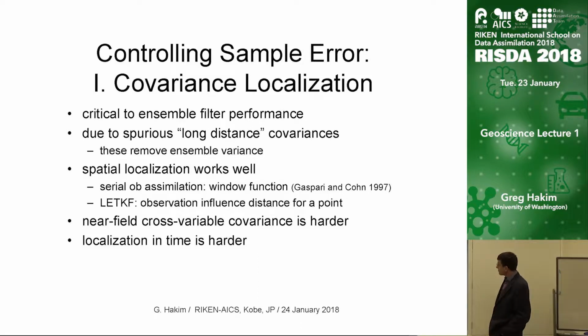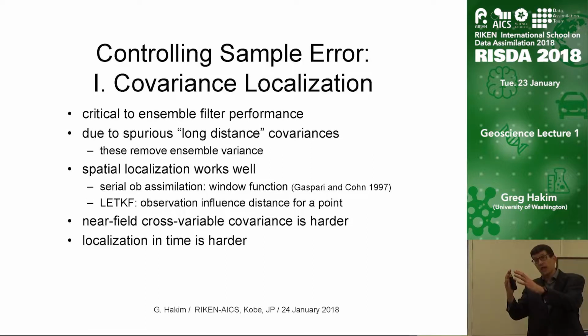And that's important because although we have no guarantee about whether a measurement will make our skill better or bring our state closer to the true state or take it further away, we are guaranteed that it will remove variance from the system. So that's negative definite. Every time we assimilate a measurement, it shrinks the variance. So if we take some out inappropriately, we can't get it back. And so this can lead to things like filter divergence, where we can decouple from the measurements because the variance becomes too small in the analysis. It persists too small in the forecast. We put more weight on the background, and that process cascades.